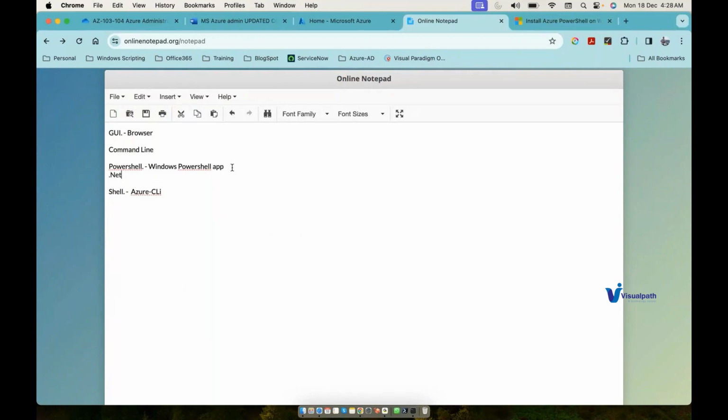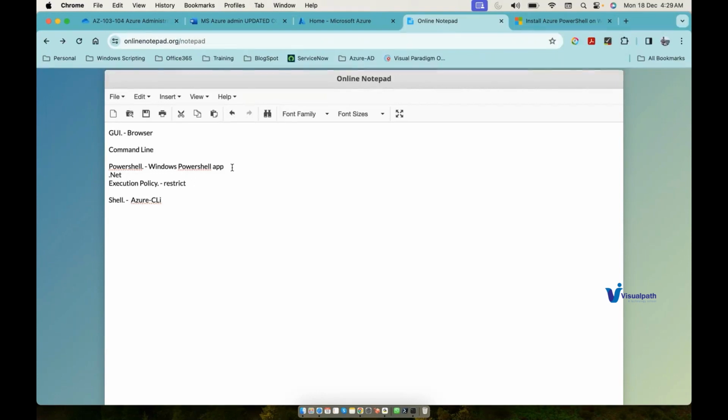And then what you need to do is allow some policy, the execution policy. By default, in a Windows machine, the execution policy will be restricted. So this will block the remote commands. In order to connect and manage your Azure with PowerShell from your local machine, so minimum you have to set